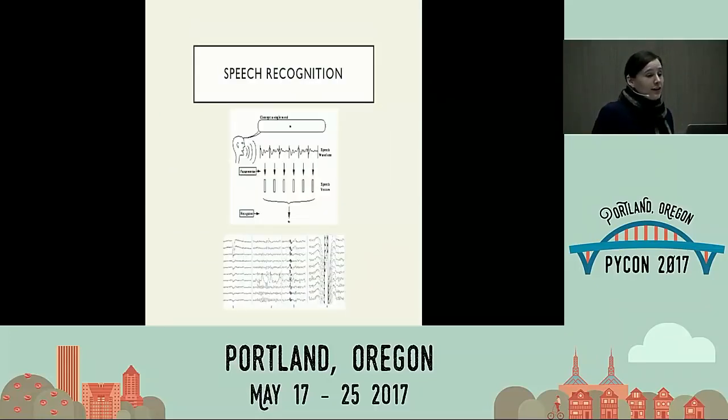There's also speech recognition, right? That's another area. When you're thinking about how computers figure out what you're saying or what you're going to say, that's a time series problem in another way. You could argue that a lot of natural language processing is a time series problem. That's one way to think about it.